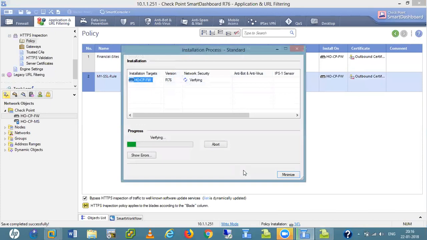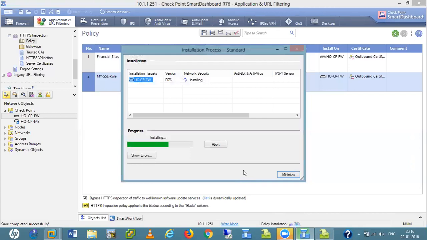Let the installation complete. So the installation always takes some time.